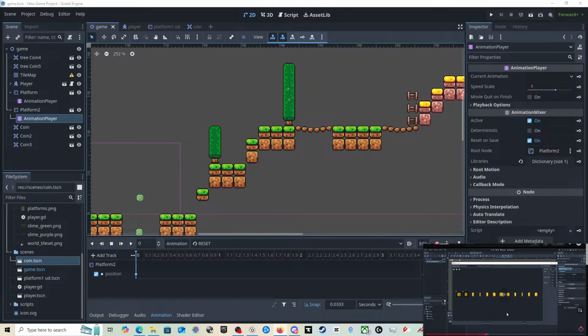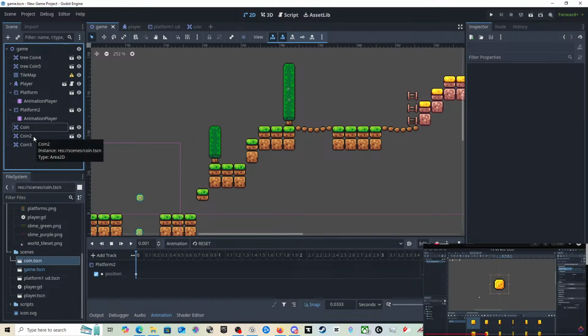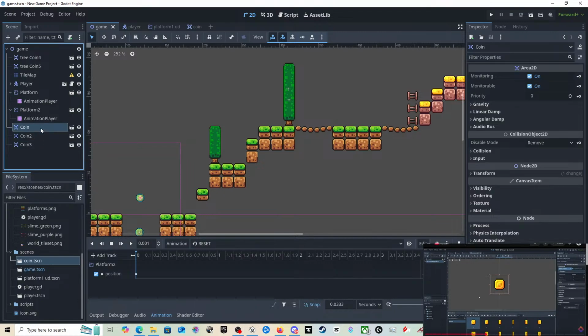And now we can click from left to right and add the frames. F and zoom in. Set the FPS to 10 and hit play. Ah, that's what we didn't do. We didn't do that at the start.